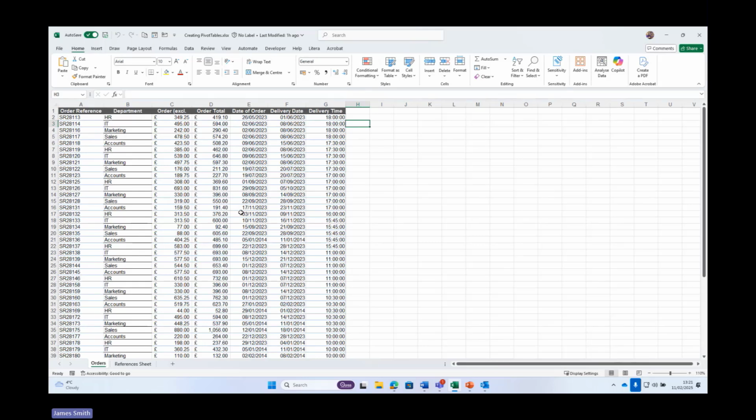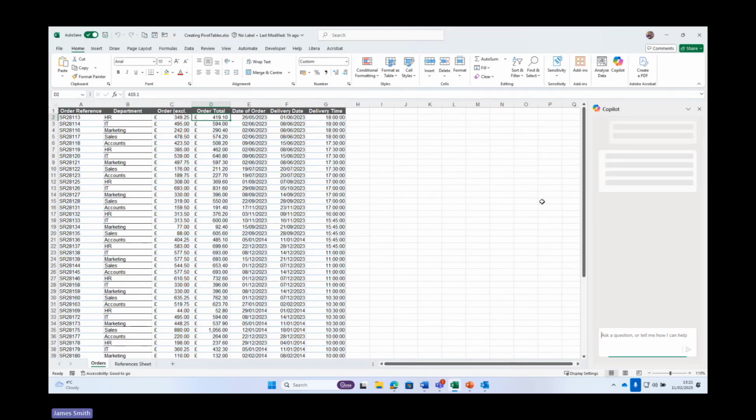In this, I may well decide I want to highlight any entries in that order total column that are above 500, shaded in green and in bold so that they stand out for me. So if I go and open up Copilot,